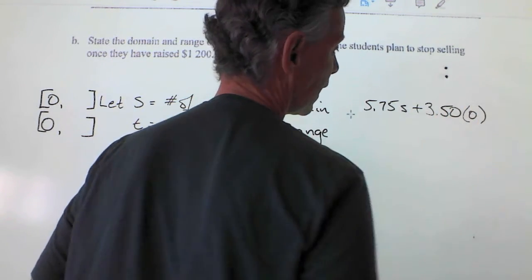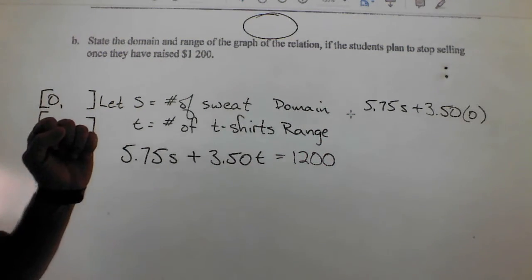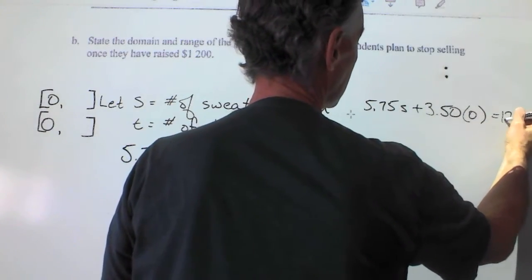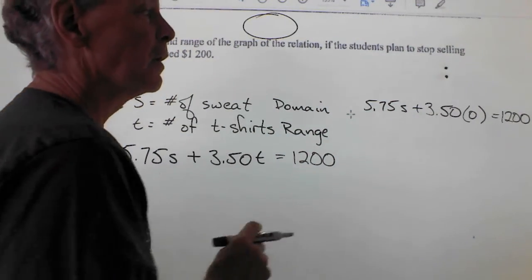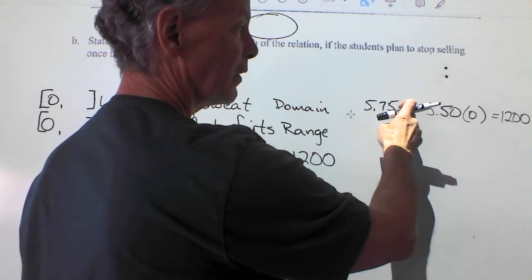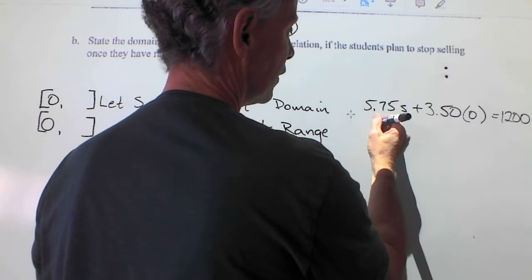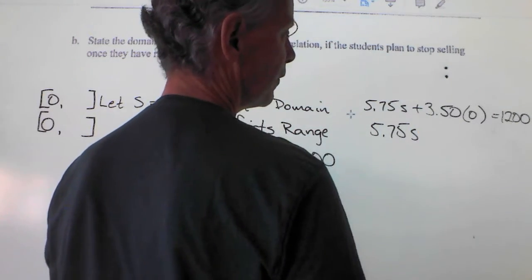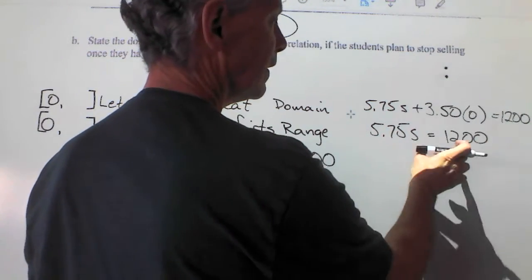Our value of t in that case would be 0, okay? Because we haven't sold any t-shirts, we've only sold sweatshirts. Altogether, that has to equal $1,200, okay? So now we have an equation. We have a value for one of our variables. We just have to figure out what our other variable is. Well, 3.50 times 0 is 0, so that term completely disappears,